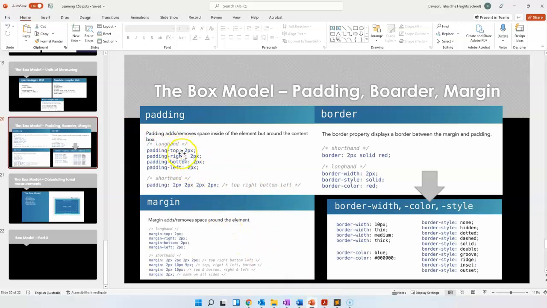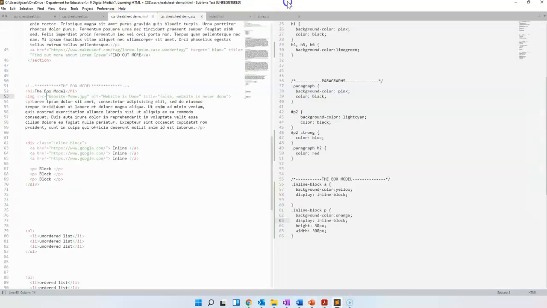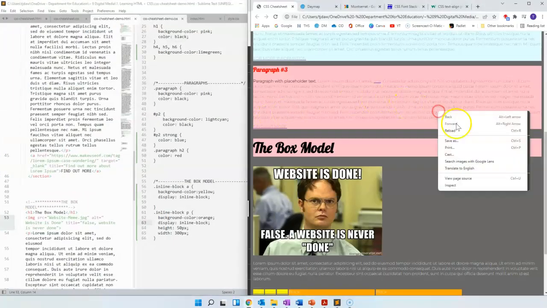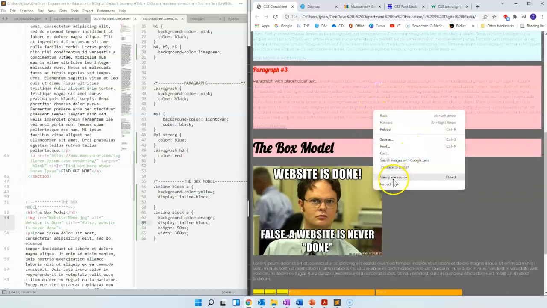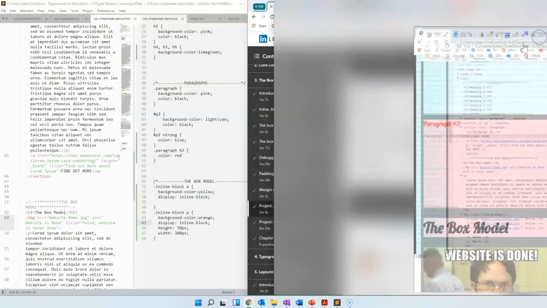So what we're going to do is we're going to start off by adding in some padding for our image that we've got here. So let me just bring my CSS file back up. Okay, so what we are going to do is we're going to add in our padding, as I just said. After the inspect, it's there, it's just hiding. Okay, so